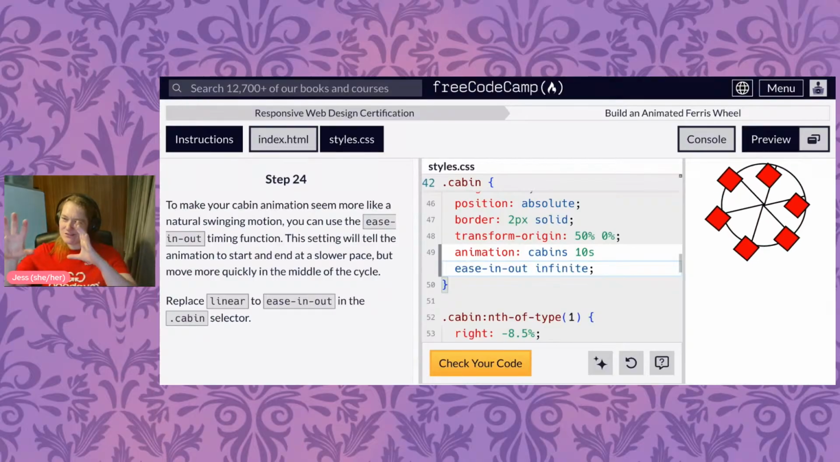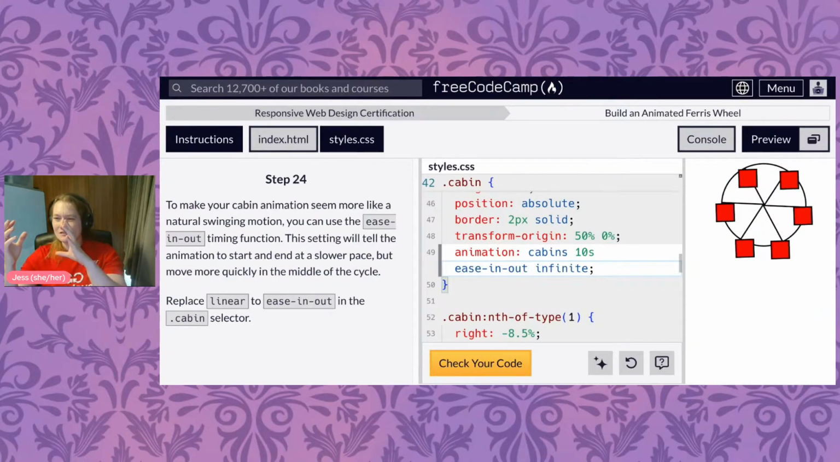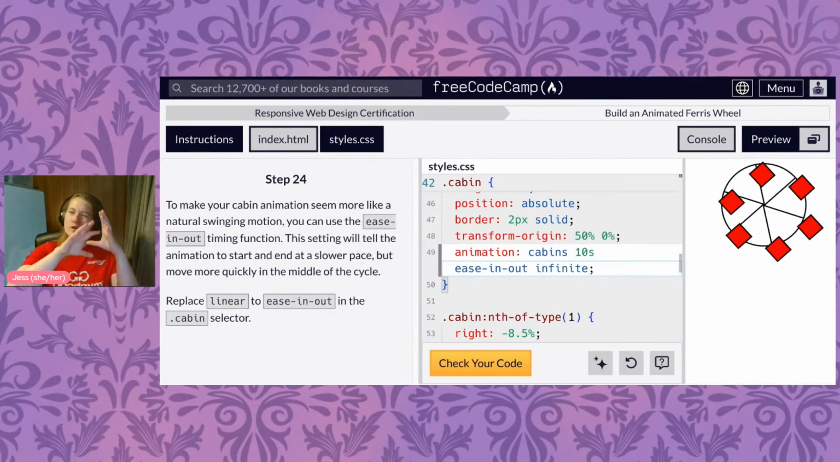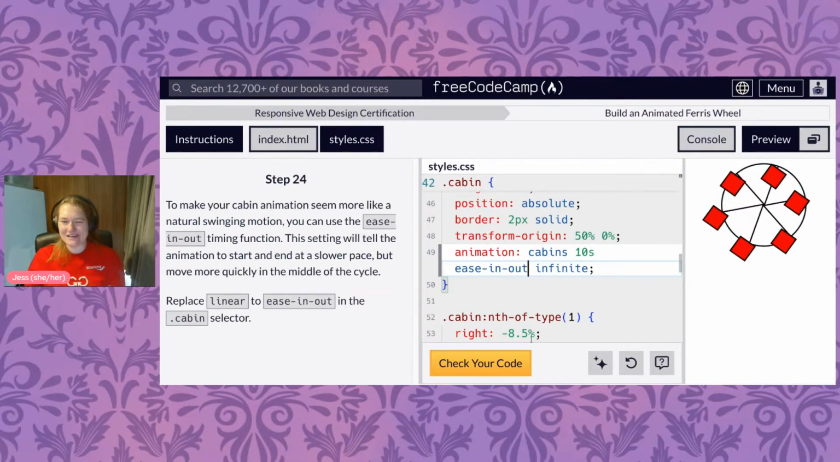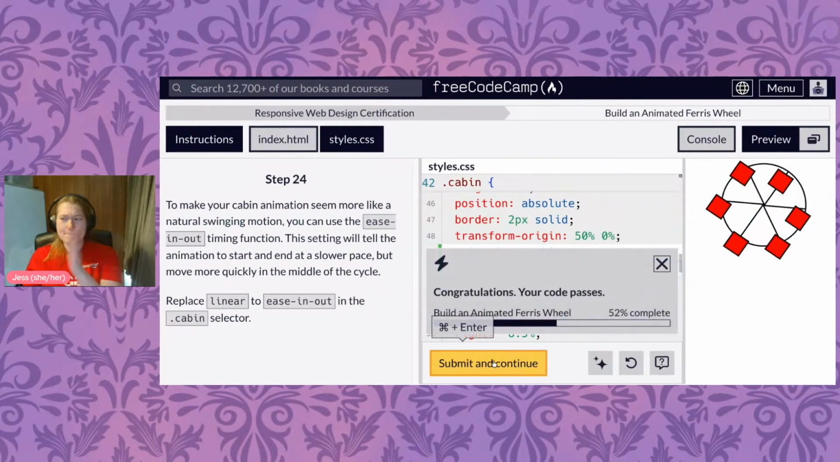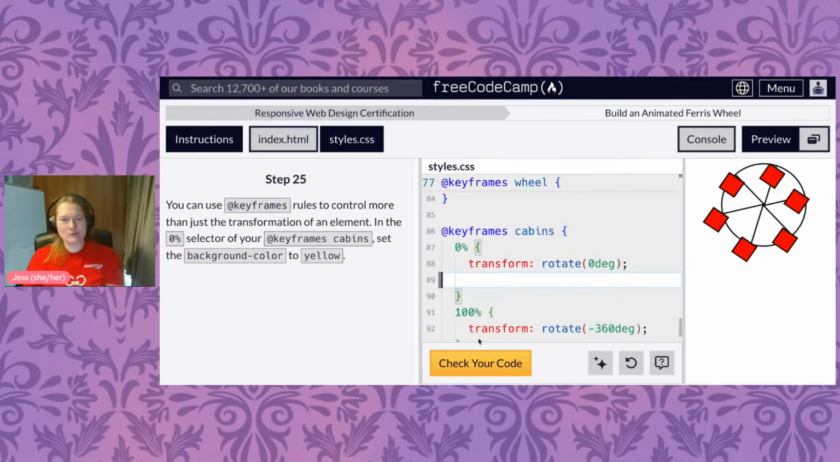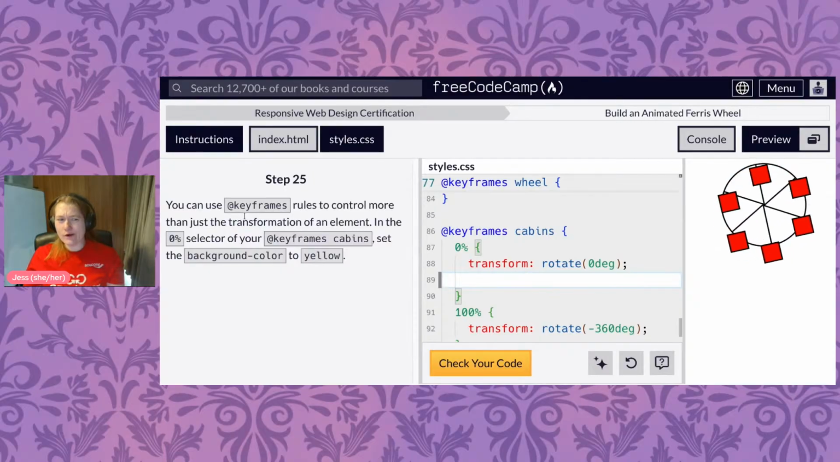Okay, so when it starts animating, it starts off a little slower. And then when it's coming back to the 360 rotation, the cabins are moving a little bit easier and hopefully bonking people against the roof of that Ferris wheel a little bit less often. So the keyframes can control more than just the transformation. In the 0%,